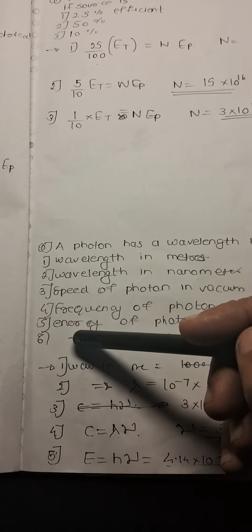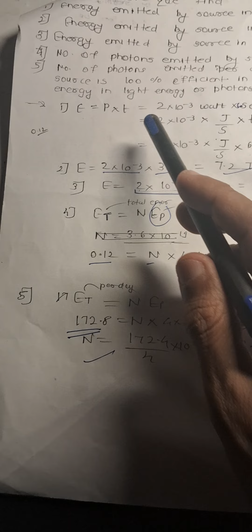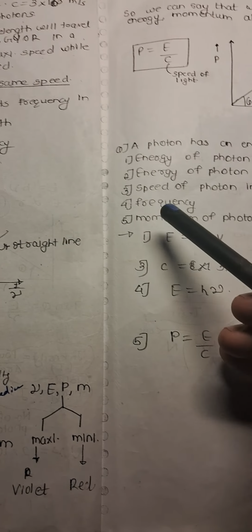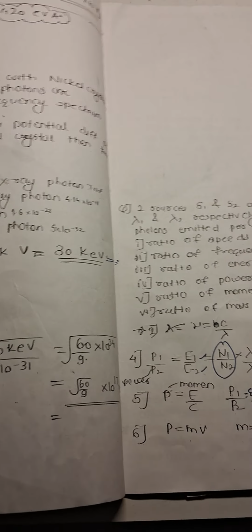These are 6 questions: 12, 4, 3, 15, then another 6, 21, then 9, 30, then 5, 35. So in this small topic we have discussed 35 questions and only the optimal theory,